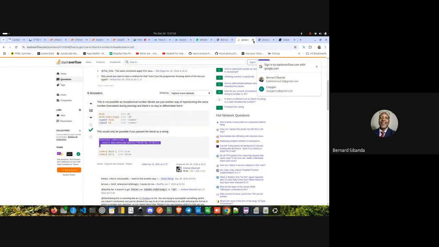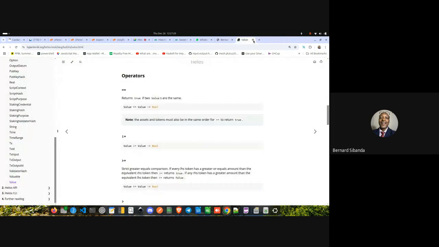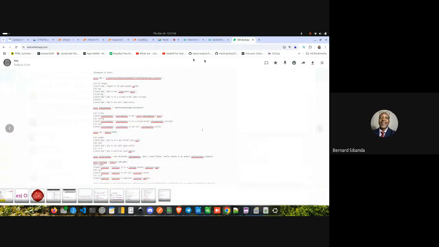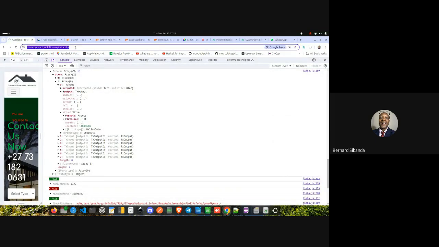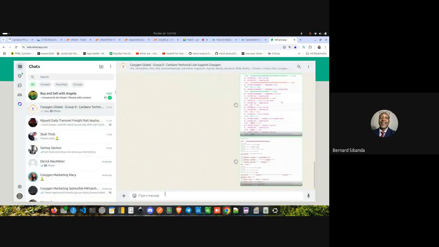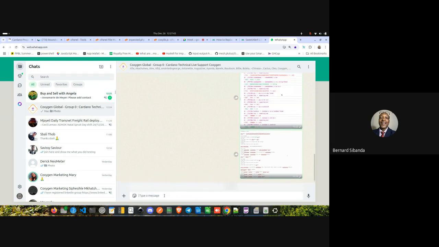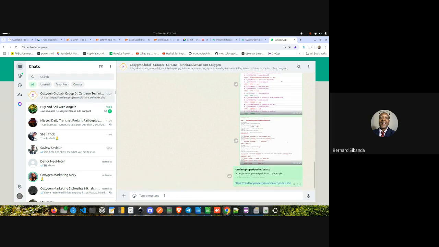Then the app becomes better. I can give you this, you test it also on your side. Here is the link. I put it there. You can also test it on your side.